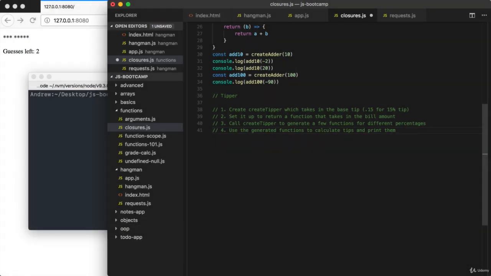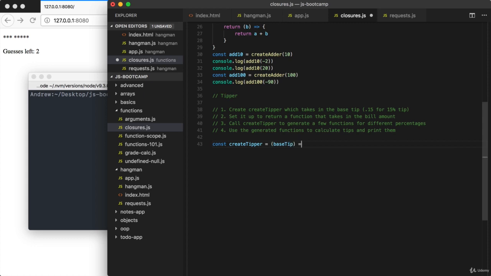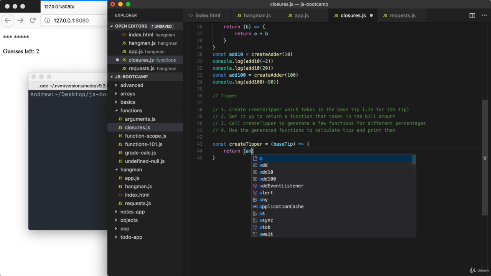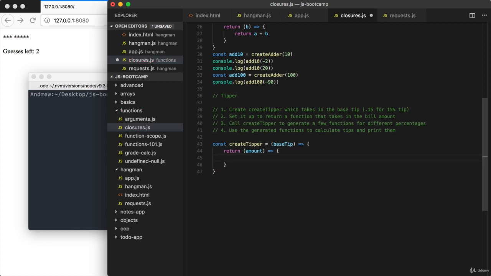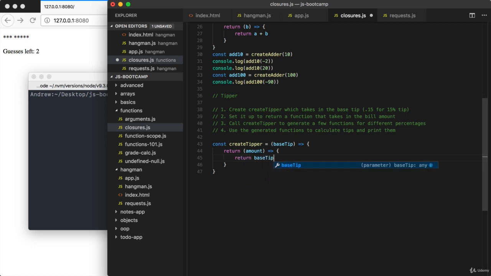How'd that go? Let's go ahead and kick things off together by creating create tipper. Const create tipper equals. This is the function that takes in my base tip. I'm going to set that function up. And inside of this function, all we're going to do is return another function. And this is the one that takes the amount. And they can both be arrow functions since I'm not using this and I'm not using arguments. Now, what do we do inside of here? I just return the base tip